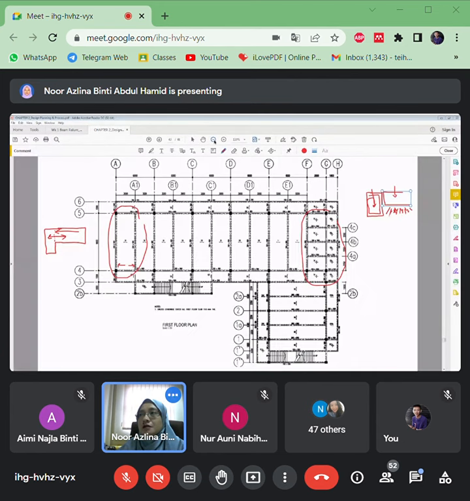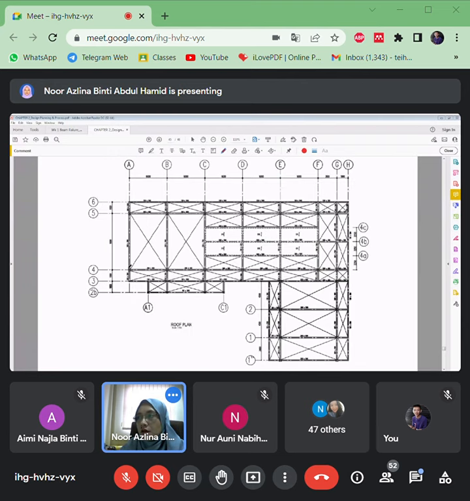Okay, be careful about the symbols. Once you design, you have to state this line. It is you who designs, right? You want to design whether the slab is suspended or non-suspended. Okay, so here in the roof plan there is no slab. So we have to provide these symbols. These cross symbols here mean that it is a void. There's no slab in that area.